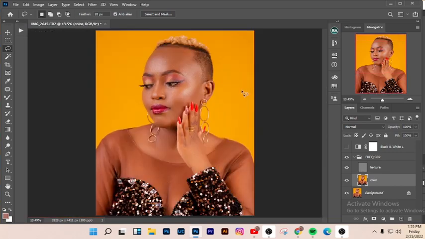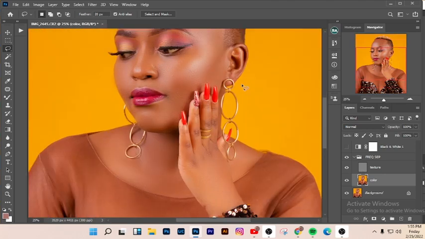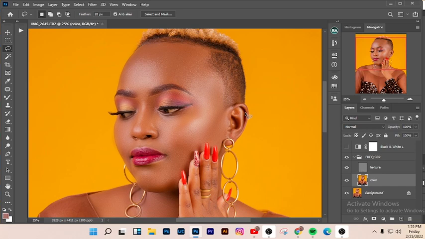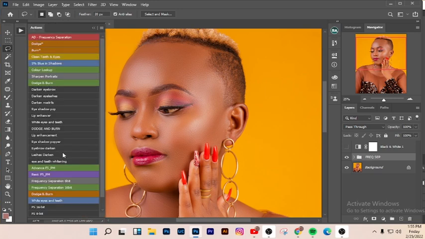So what I want us to do is to whiten the eyes, enhance the lips, darken the eyebrows, make the eyeshadows pop and all that. So basically I have my actions like always here. This is what I basically use for this, because it would be a very long and tiresome process doing it one by one. That's why I get to use the action. So yeah, I want to start by whitening the eyes, so you just click on eye whitening here,